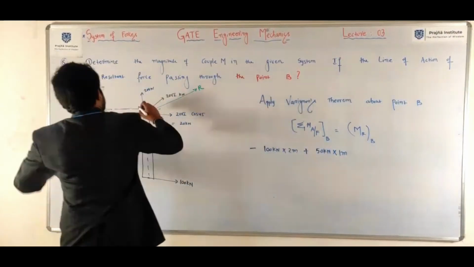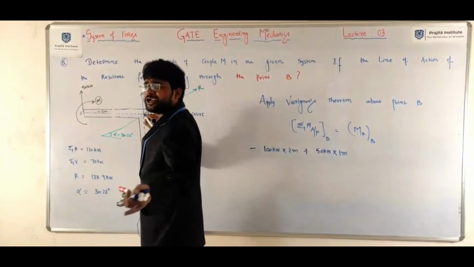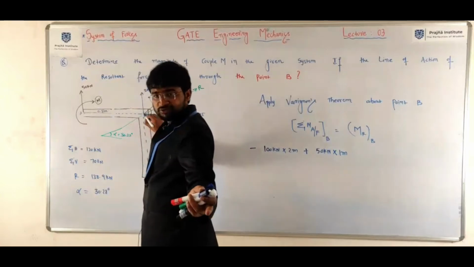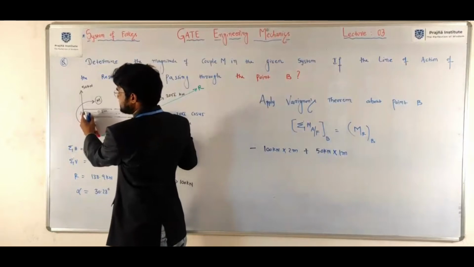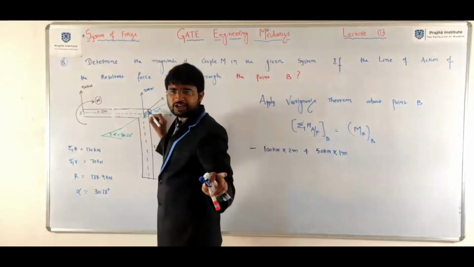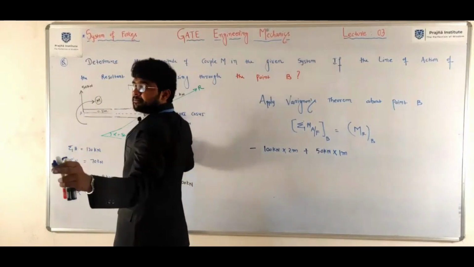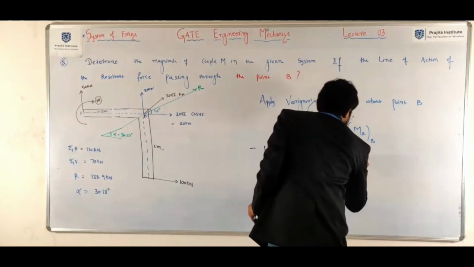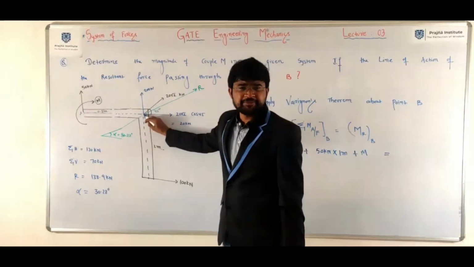What about this moment? Keep your finger here. The moment is acting at a point on the rigid body. For a couple, we need to take the same moment at all the points. Moment is acting at point A, so what is the moment at any point on the rigid body? M only. So what is the moment at point B due to couple M? M. Is it clockwise or anti-clockwise? About this point, clockwise. Plus M is equal to the moment of the resultant force about this point B, 0.